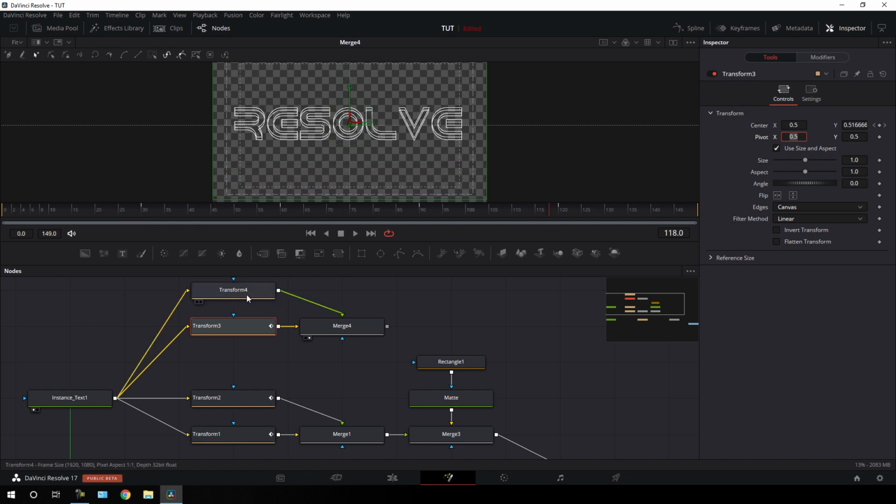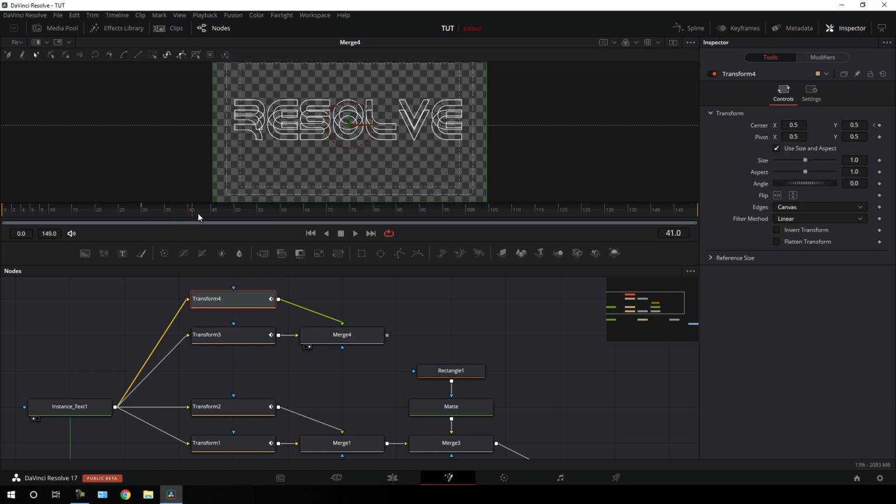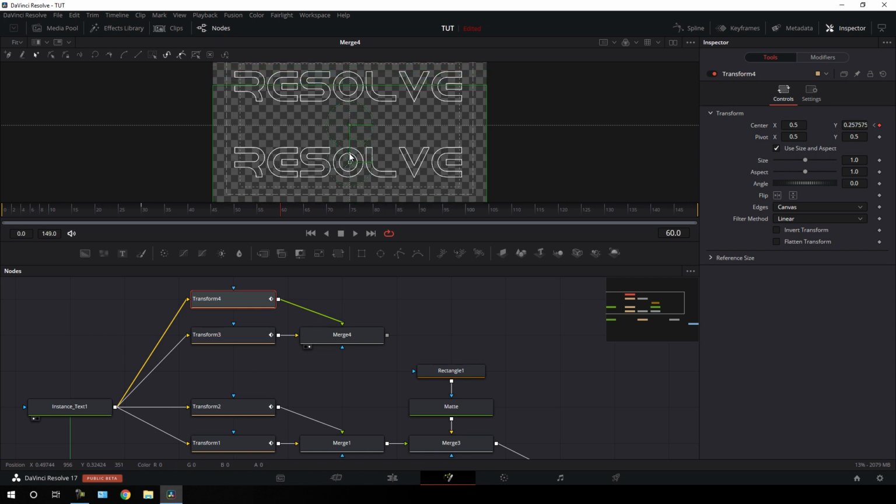Now let's do the same thing for this transform 4. So select this transform 4, go to frame number 30 on 1 second, right click on this center, click on animate, go to 1 second forward in time on frame number 60, and this time let's down the text maybe right over here, and we have to put this value in round figure. So I'm going to set this value 0.25.